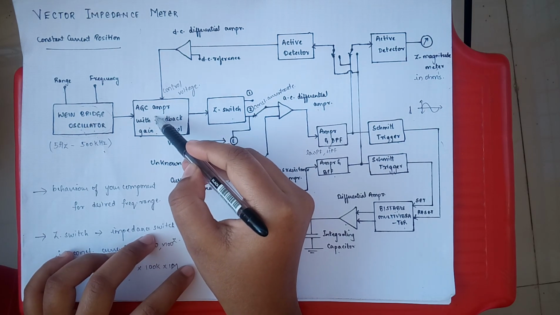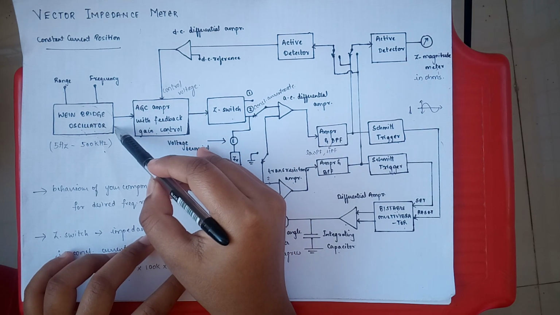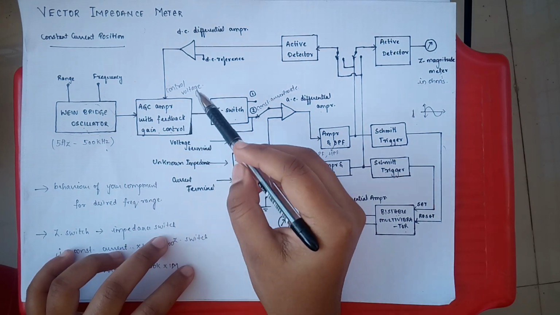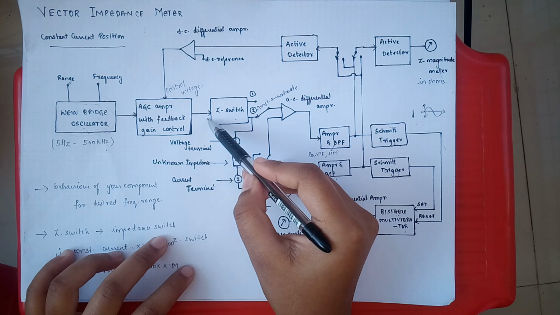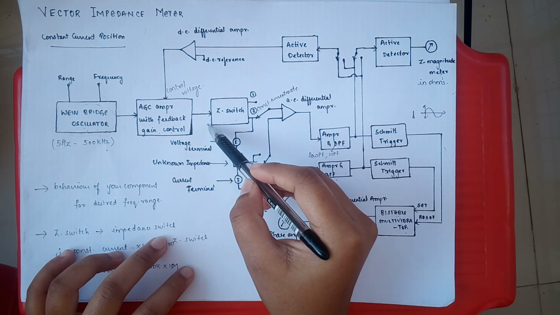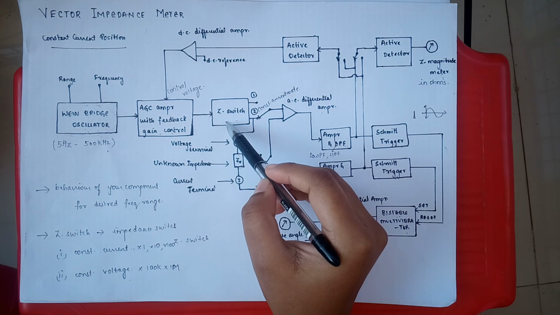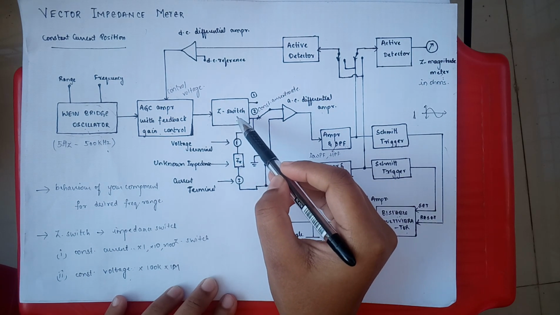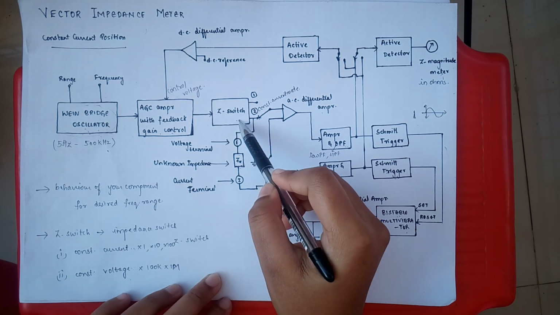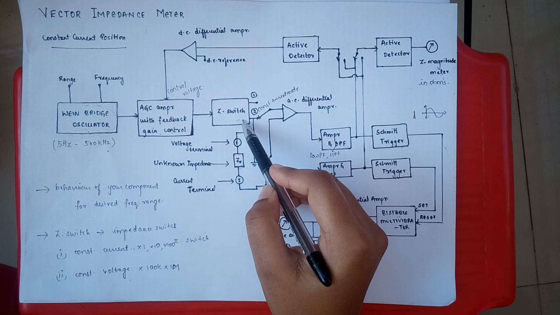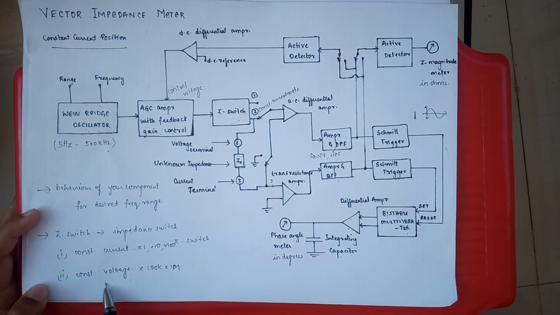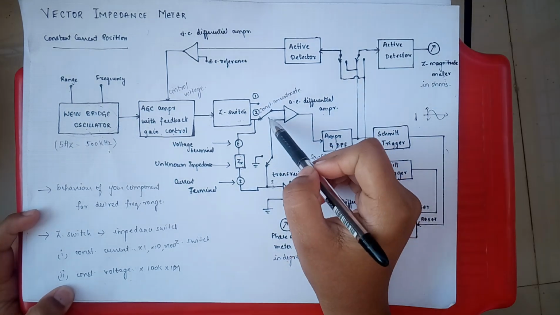The automatic gain control system suitably amplifies your signal coming out from here. And then this control voltage changes or controls this output voltage. This output voltage then selects a mode of operation of this block. And this block is called the Z switch block. It works in two modes. The first mode is the constant current mode. The second is constant voltage mode. The diagram that you see here is for the constant current mode.